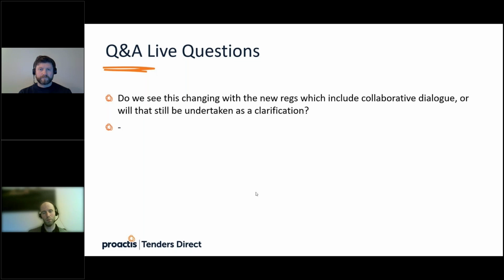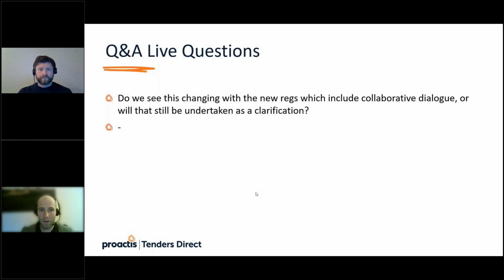The vast majority of open opportunities are going to run as open procedures, where you only have the clarification mechanism once that's live. So be aware of it. Make sure you understand what procedure you're bidding into. But the vast majority of the time, what we've said about clarification questions being the only mechanism will be what applies, and you won't be able to deviate from that.